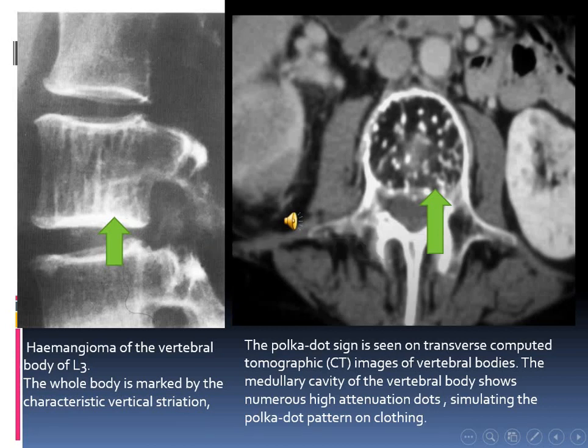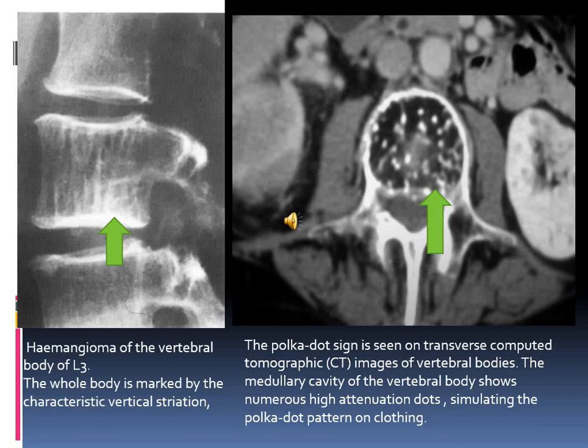Hemangioma of the vertebra is a common benign tumor affecting the vertebral body, and usually can be seen in the X-ray as a vertical striation. You can see the plain X-ray of this vertebra showing multiple vertical dense lines involving the body of the vertebra, as you can see in this image on the left side. This represents the hemangioma in the